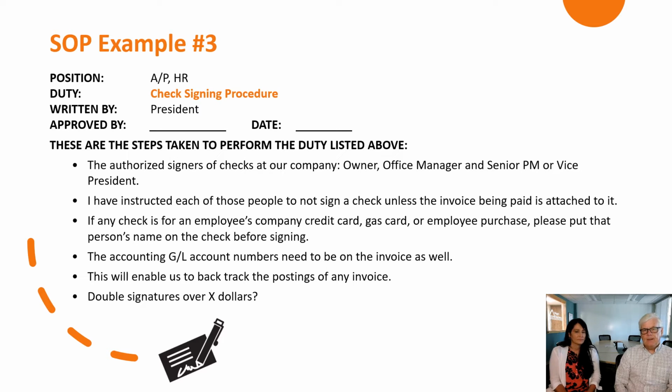Same thing about credit cards. General ledger accounting. This is where data entry is, and that's where the good financial records that you can use for making decisions start. And if you have over $5,000, you want to have two signatures or whatever, and the bank will help you with that. But I think you should have someone besides the accounts payable person signing the checks. I know people are small; they might not have a couple people in the office, but you need to break that up somewhere. Key thing there was make sure the invoice that's being paid is attached to the check